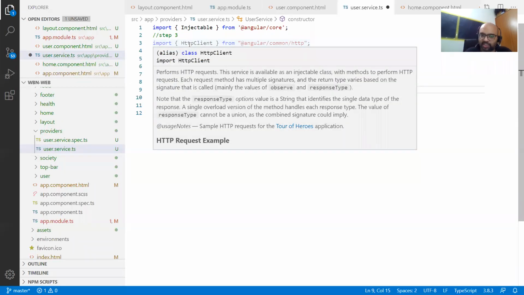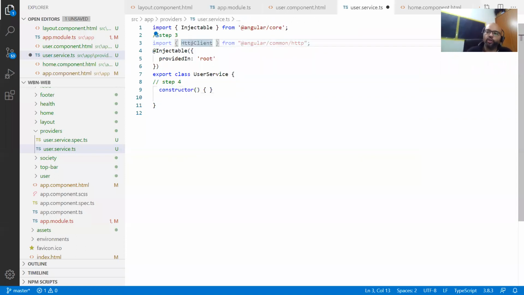It's an inbuilt provider, correct? So if you wanted to use any provider, you need to do a dependency injection. Same thing with user service. User service is also a provider. Agree, guys? So when we use this user service in component, we will also do the same thing in the component. We will do a dependency injection.